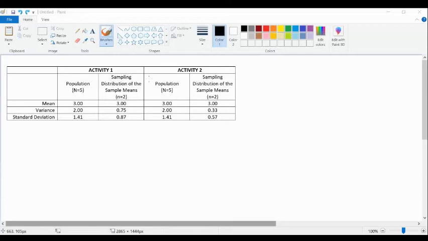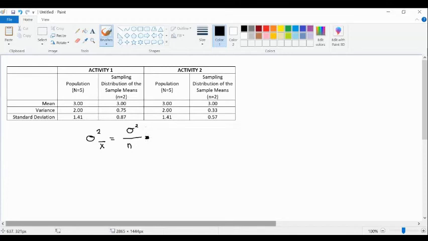The variance of the sampling distribution is obtained by using the formula: sigma squared of the sample mean is equal to the population variance over the size of the sample,